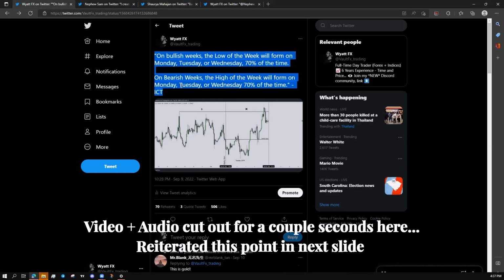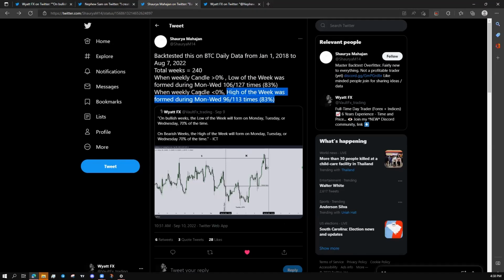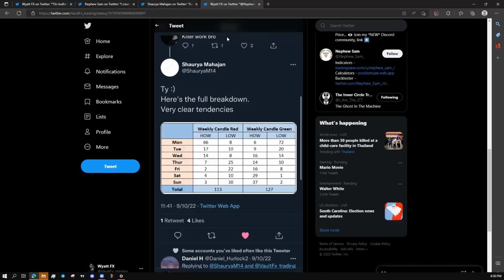So again, this concept is proved by both of those sets of data because we separate the bullish and the bearish weeks. If we don't, the data will be skewed and you will not see this concept represented by that data. Now, if we look at another breakdown of this, just to make it a little bit easier,